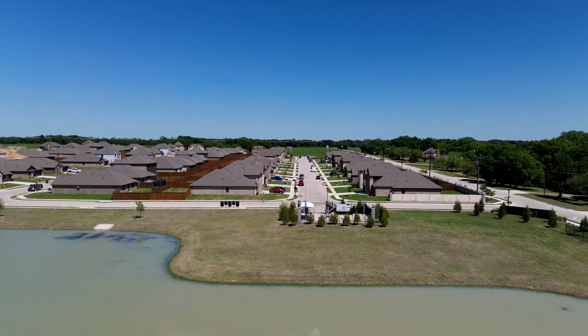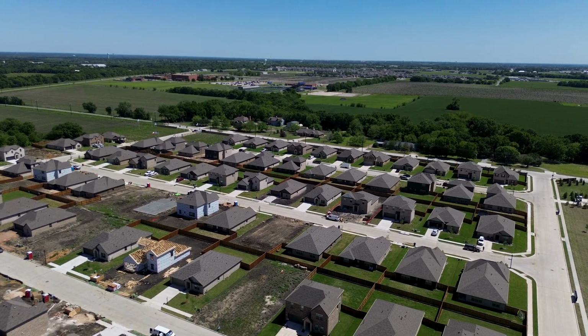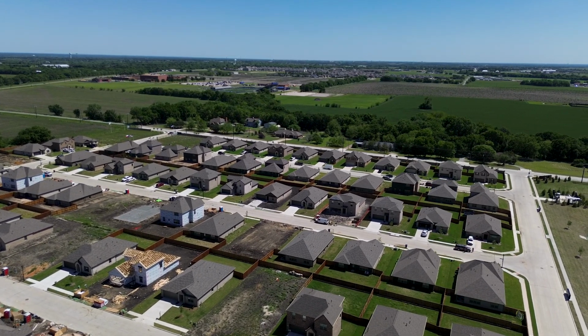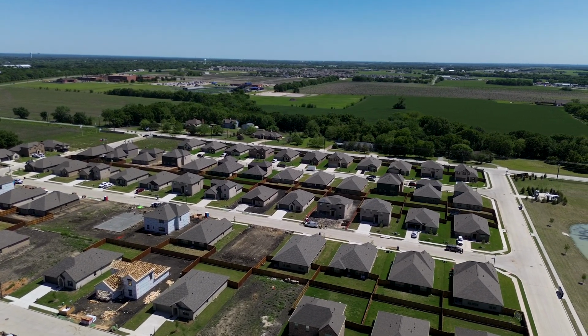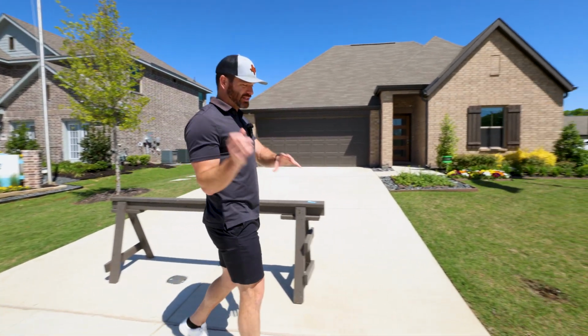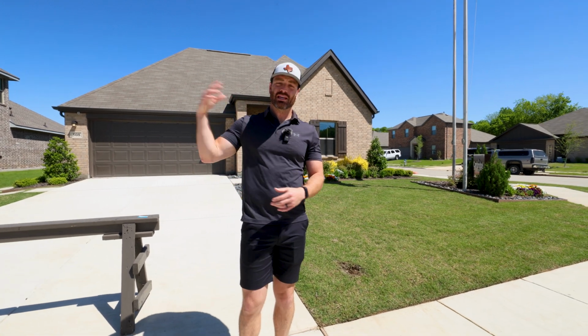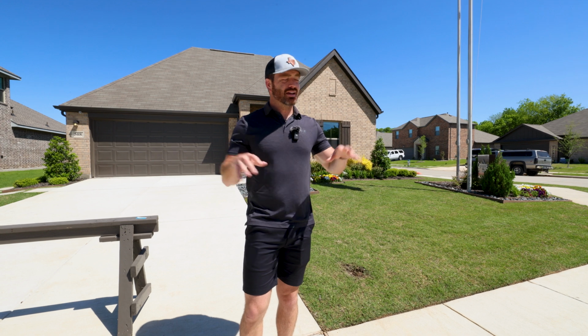A-rated school system, super safe. Now, if you're looking to move into this community, you're looking at an HOA of about $700 a year with a tax rate of 2.4. Now, if you're wondering, is that a high tax rate? Well, it's about average for out here. If you're looking down in Houston at those cheaper homes in Houston, those tax rates are in the mid 3s. So much lower taxes up here in the Dallas area with amazing